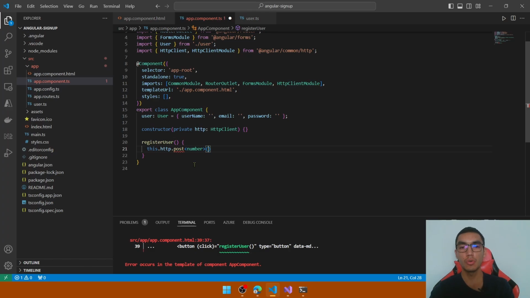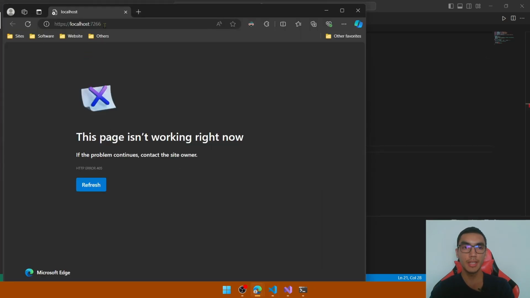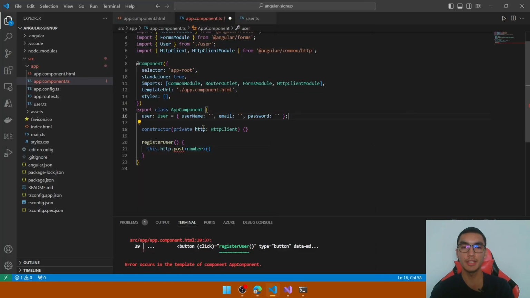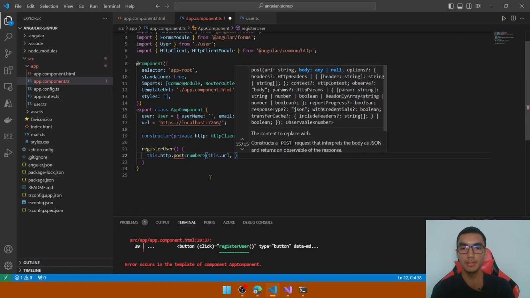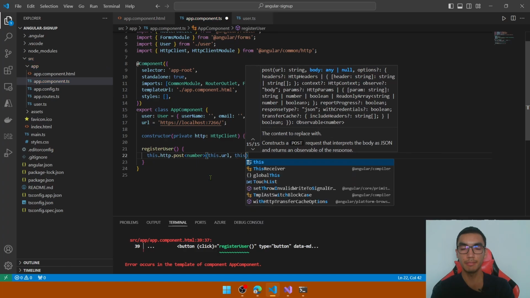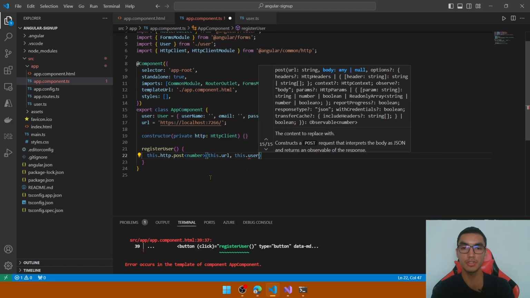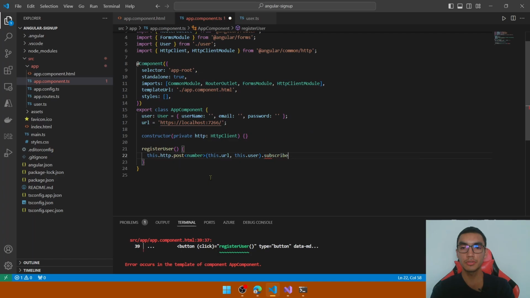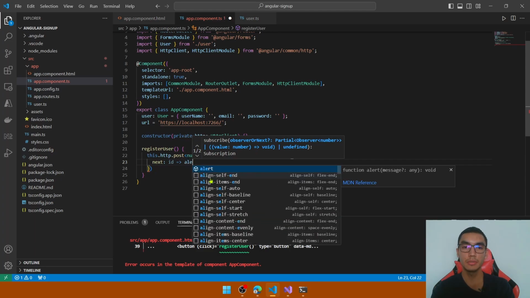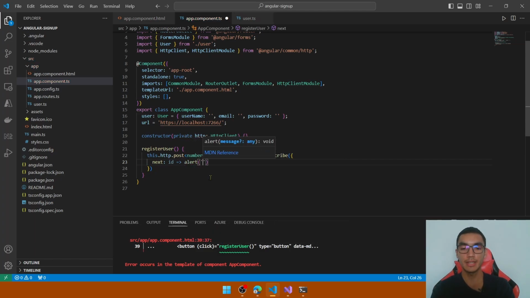Okay, so we need the URL from our API. So go back to the API, copy the URL. So copy the URL and pass the body, which will be the user instance, and then we will subscribe. Okay, so in the next callback function, we expect the ID, and when the new user is created, we will display an alert with a message: a new user was created with an ID, and pass the ID, and handle